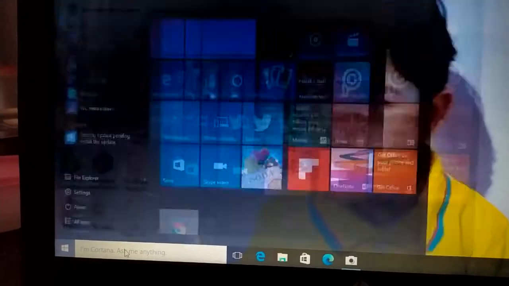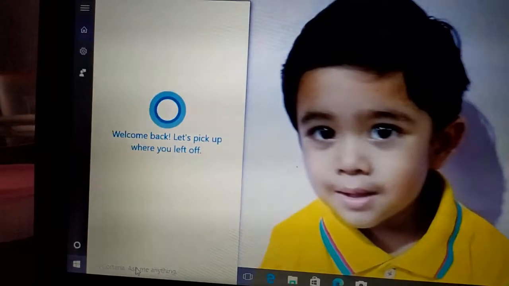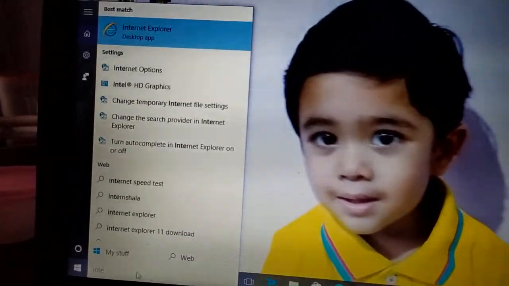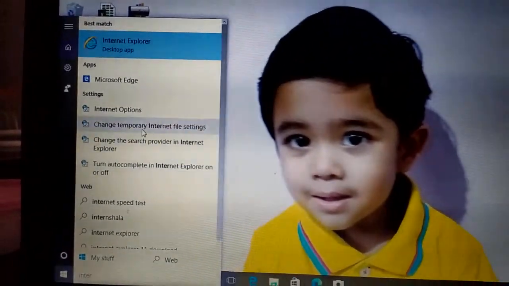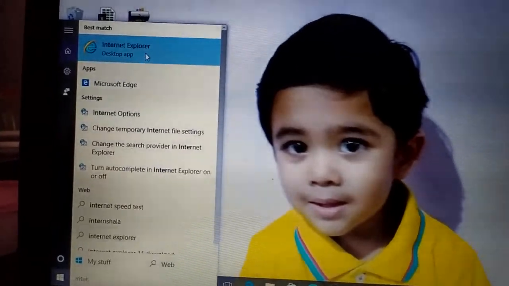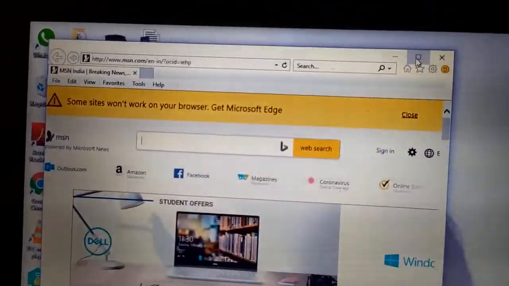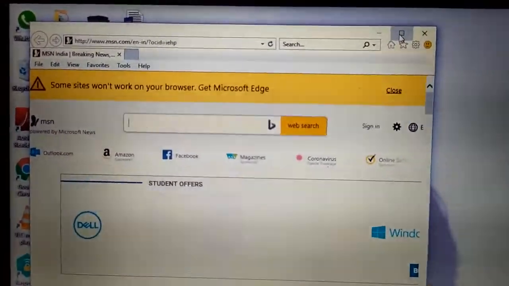Over here we can type, and Internet Explorer will come. This is the Internet Explorer window.